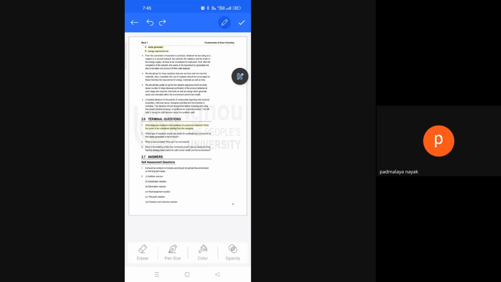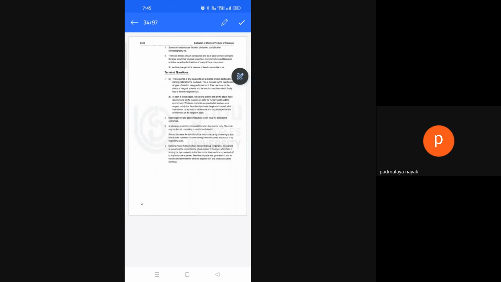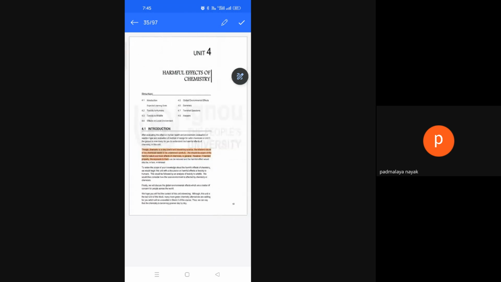It is very easy to remember all these things. Both questions and answers are given, terminal answers are given here. Then here also the answer is given, and it is your duty to read, remember and write, because within 2 days you cannot cover up to 20 classes. Actually, we are covering 20 classes within 2 days or 4 hours.